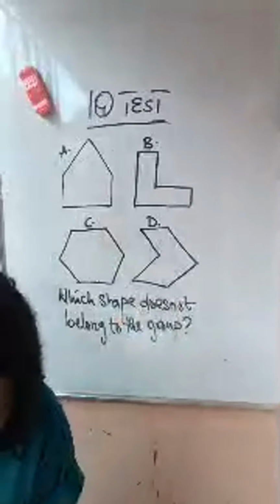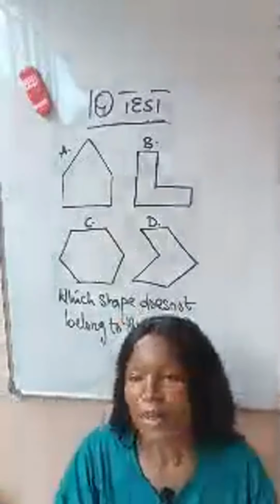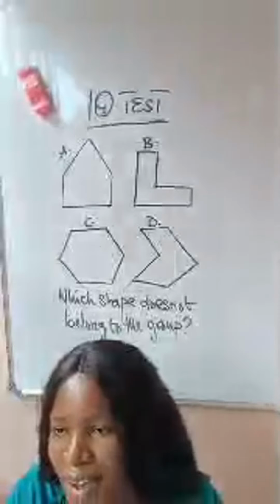Which shape does not belong to the group? Okay, so I have